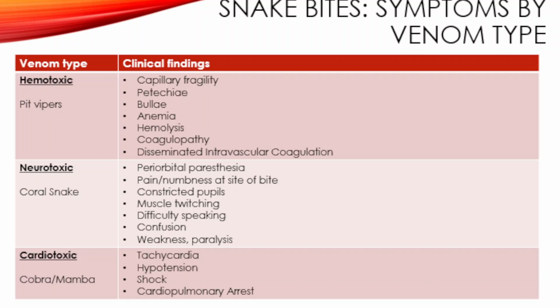The patient will have capillary fragility, petechiae, like I said, a lot of ecchymosis around the site. You will notice maybe some edema in the patient, as well as hemolysis and some coagulability issues, as well as a potential for the patient to go into DIC. With our neurotoxic, such as our